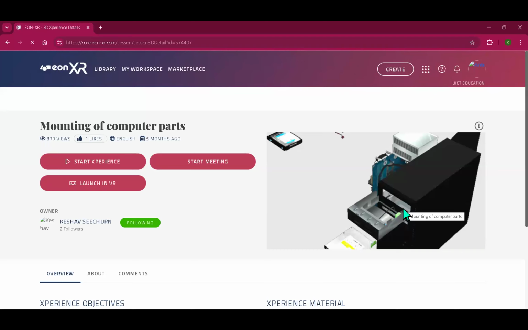Now, when you start a meeting, for example, like this one, okay? Start a meeting, this button, when you click the start a meeting button, my internet is too slow. But actually, I wanted to show you, when you start a meeting, there's a link that you send to the students that they will be using, okay? Now, when you start this experience, that means this experience will be able to load.